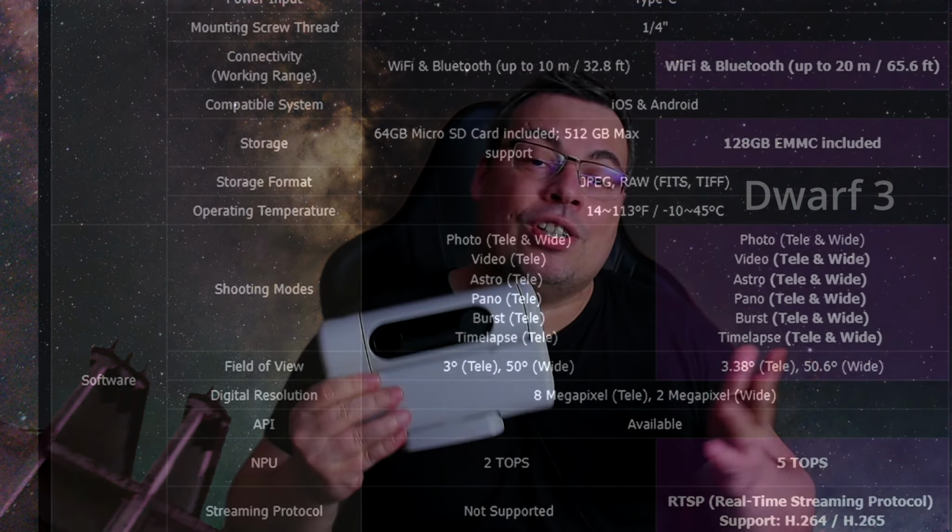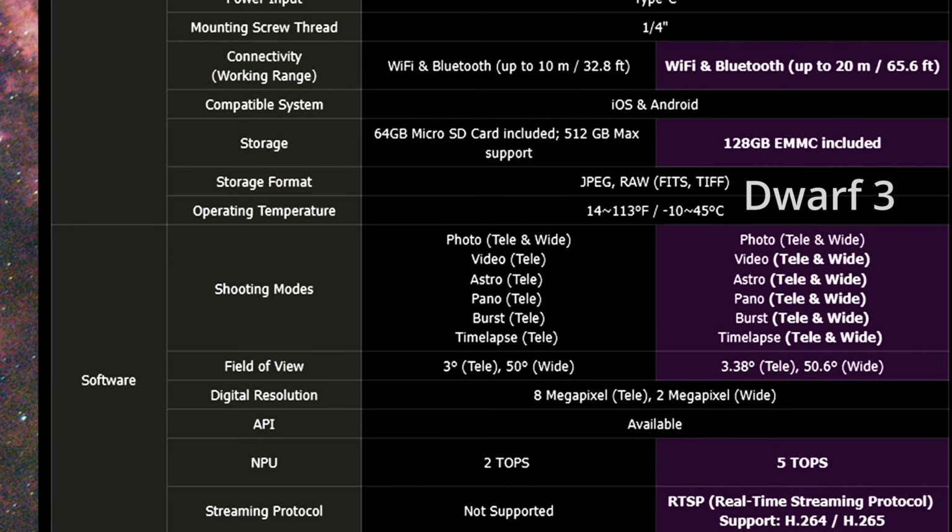I've just received from Dwarf the first images with the Milky Way captured with the Dwarf 3 Smart Telescope. As you know, the Dwarf 3 Smart Telescope, compared with the Dwarf 2, will have available also the Astro mode for the wide field lens, not just the telephoto. And you'll be able to capture also the Milky Way with the wide field lens